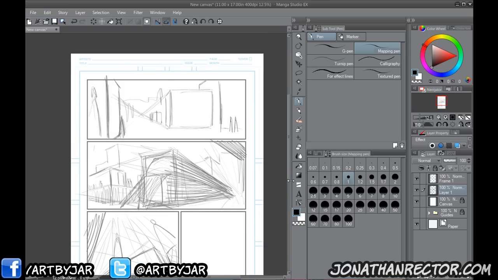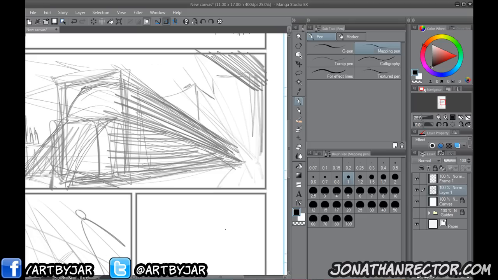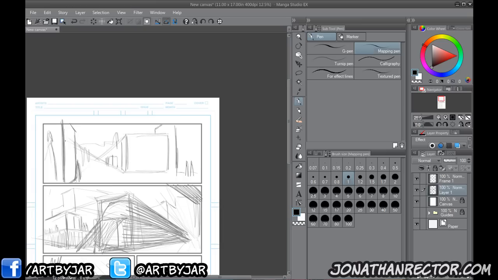Now, I'm taking a very general approach. As you can see in the first 1 point perspective, it's literally boxes, okay? Second one, I'm going to tilt it a little bit just to show you guys that. And the third one, we're just going to go in there. So imagine you just scanned in your thumbnails, or you just did digital roughs. These are your digital roughs. You're going to tighten it up and all that fun stuff afterwards.